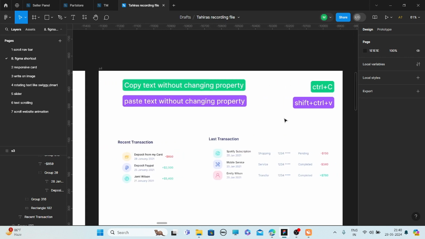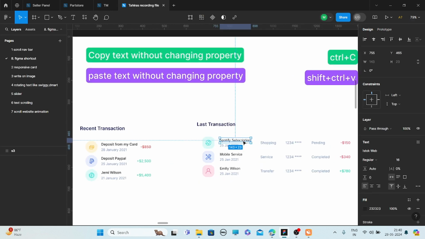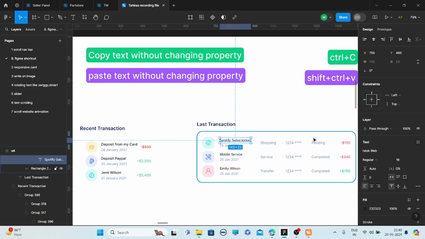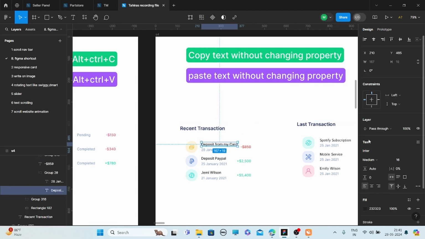Now our next shortcut is to copy text without changing the property. Previously we have seen how to copy the text property. Now here we'll copy a text without changing its property. So here you can see the text is Stock Web, copied by pressing Ctrl C. Now here you can see the text property is Inter.